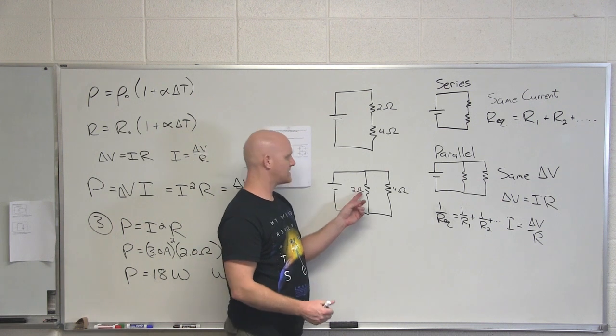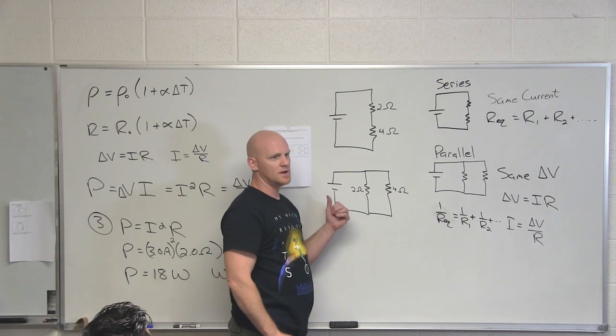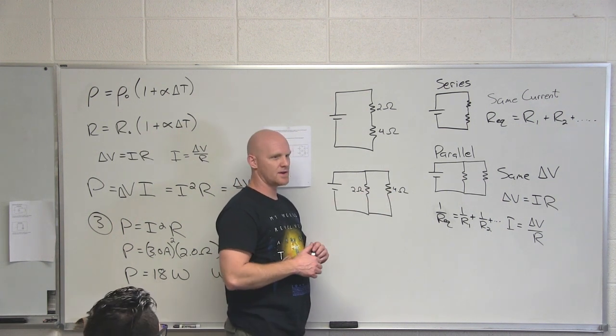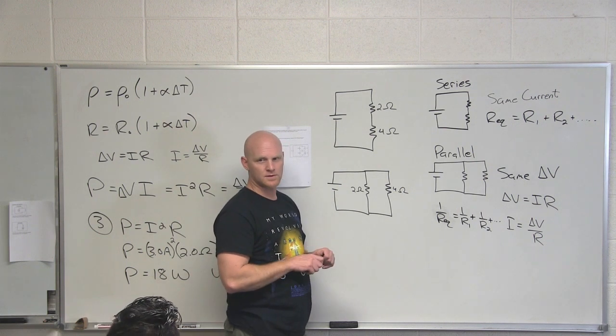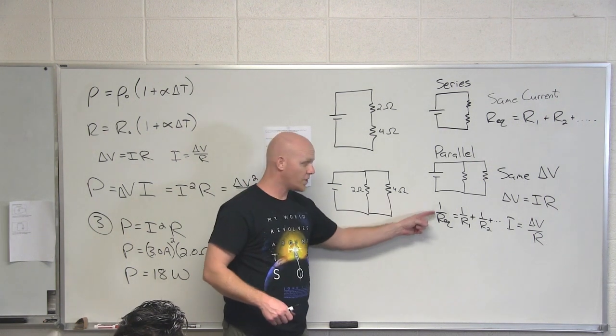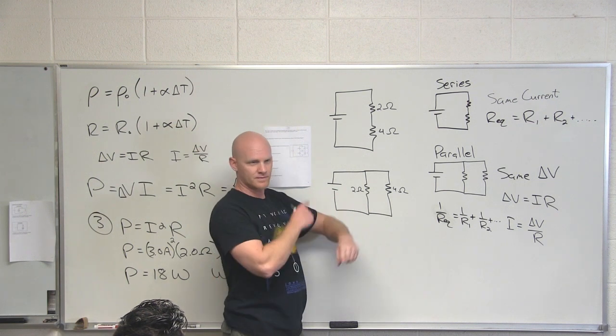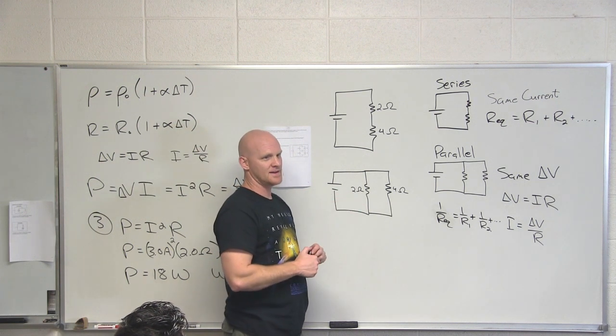So now what if I have the same two resistors but hooked up in parallel? What would be the equivalent resistance of the circuit now? 1 over 2 plus 1 over 4 would be 1 over the equivalent resistance, so it would be 8/6